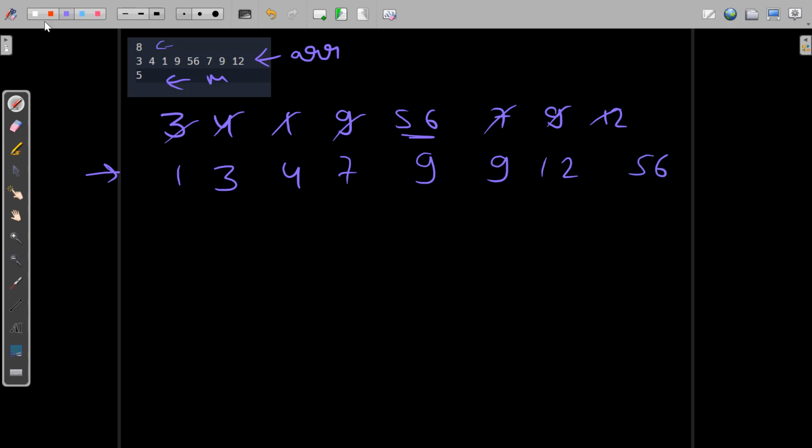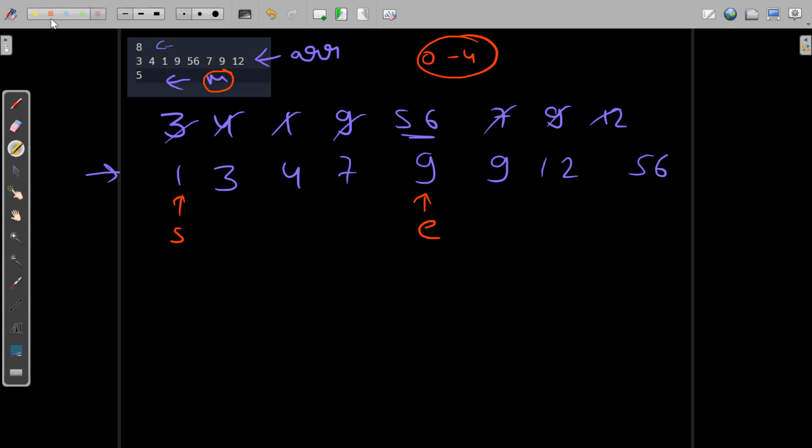After that, we take 2 pointers and make our window. Now the number of children that we have is 5, so we need 5 chocolate packets. So we will need a window of size 5. For 0 based indexing, it will run from 0 to 4 initially. So S will be here and m minus 1, so E will be here. Okay, so these are the 5 elements we take initially.